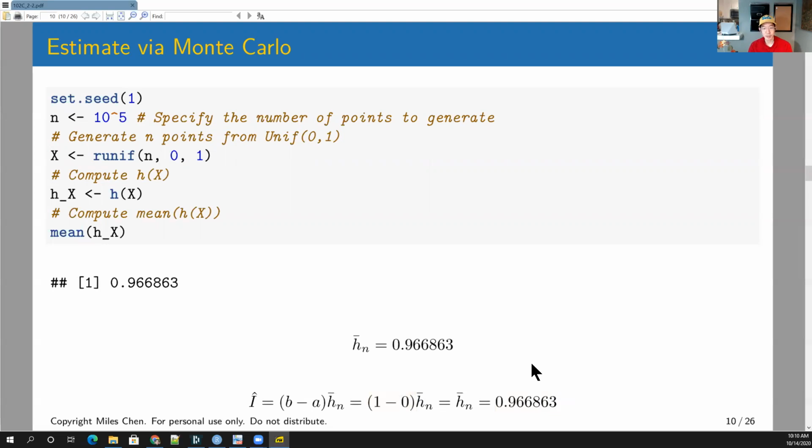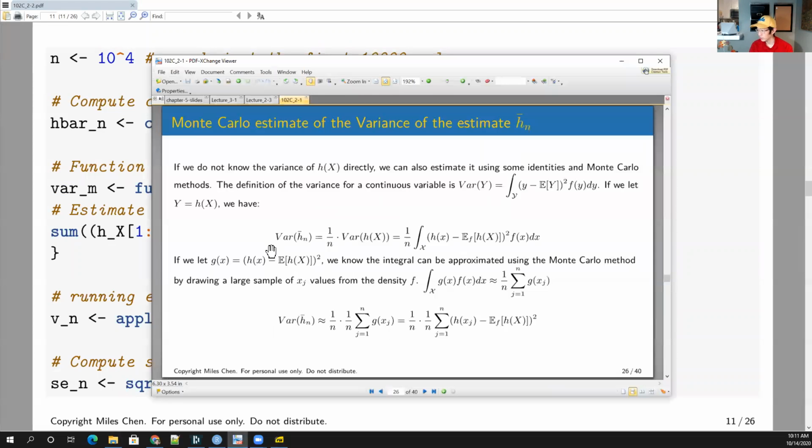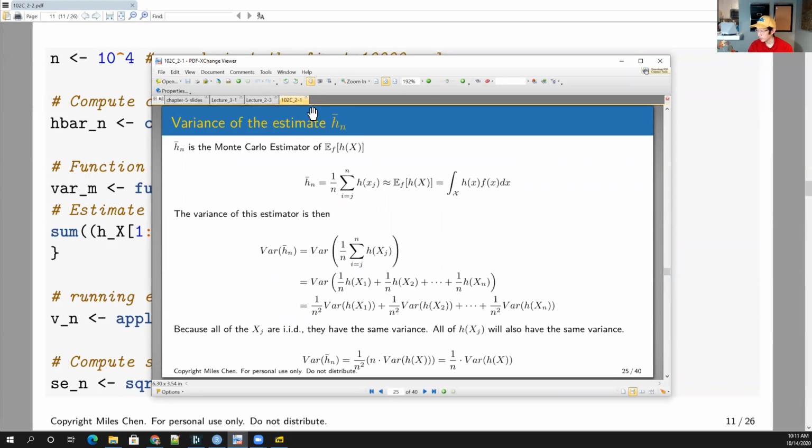So far, so good. Okay, so let me actually pull up a couple slides from Monday's lecture. On Monday we talked about estimating the variance of this estimate. So we have this sample mean, h bar sub n, and we said, what is the variance of this thing? Well, the variance of it is going to be 1 over n of the variance of h of x, and